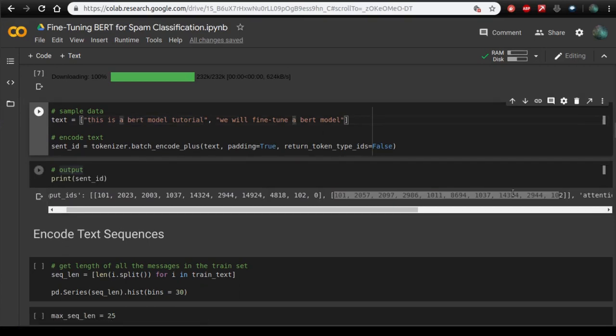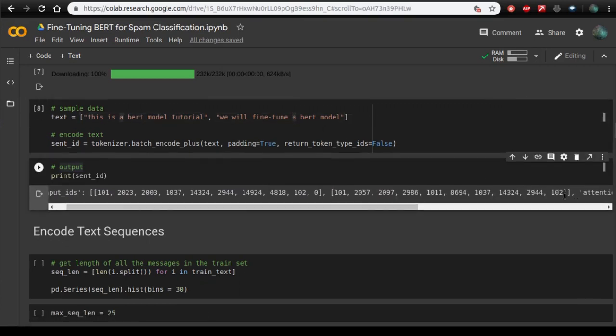Okay, now moving on, the second item is this attention mask. So you can see that most of the values are 1, and we have just one 0 over here. So this is for the sentence 1, and for sentence 2 all the values are 1. It is because the length of the sentence 1 is different from the sentence 2. In fact, it is shorter than the second sentence.